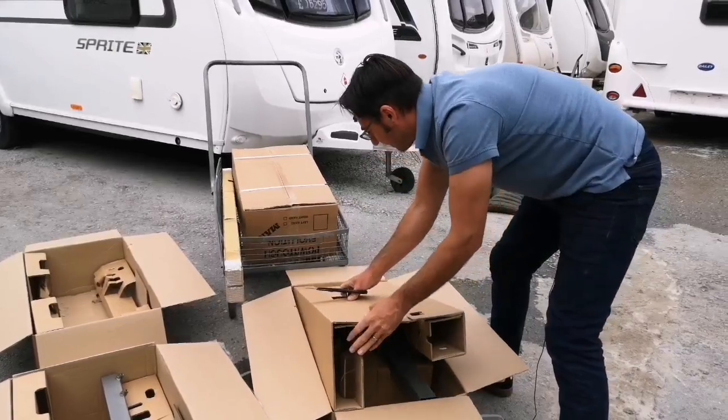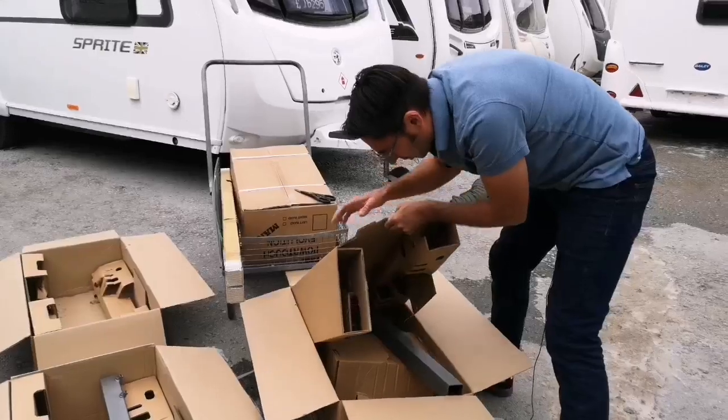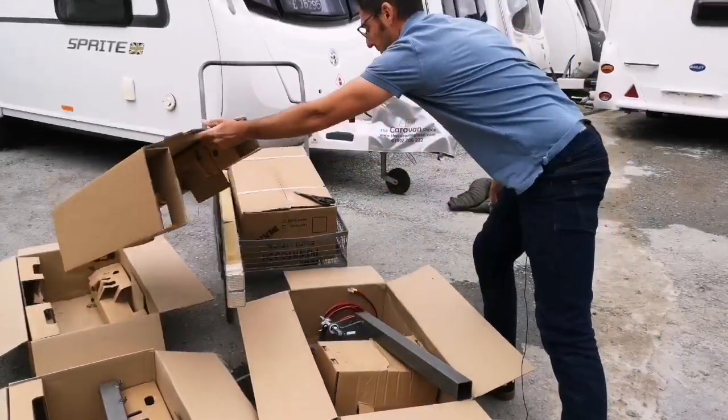I've opened this one upside down, which was, I told you something was going to make us look stupid, and it did. Not to worry. Put that